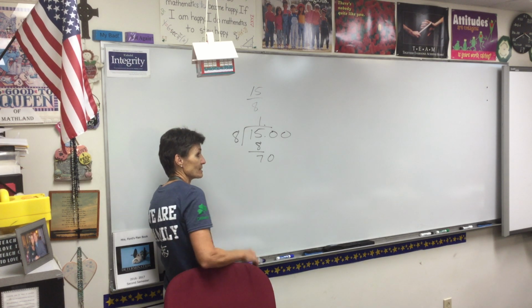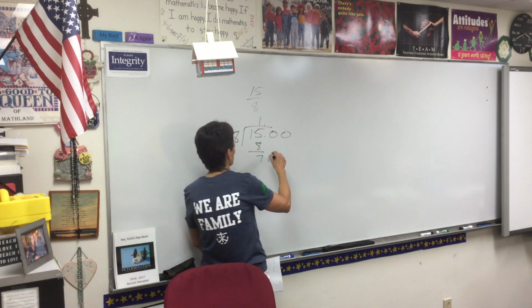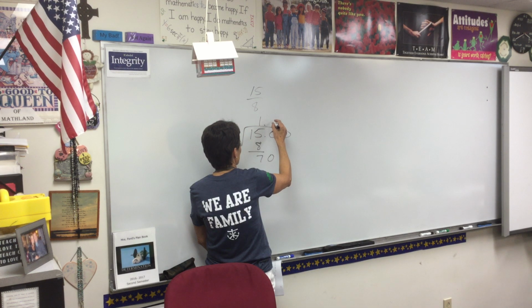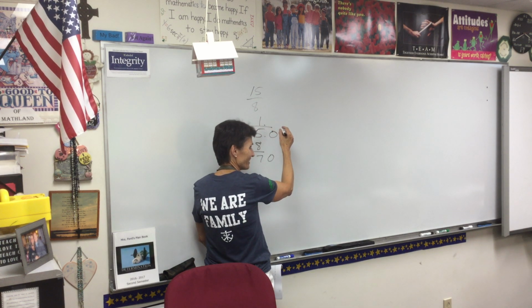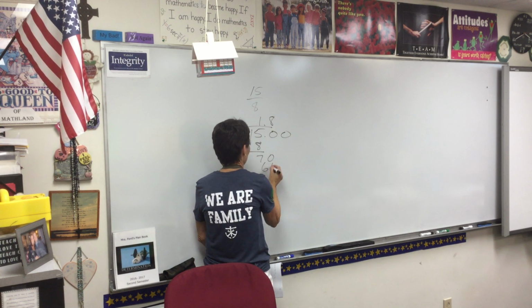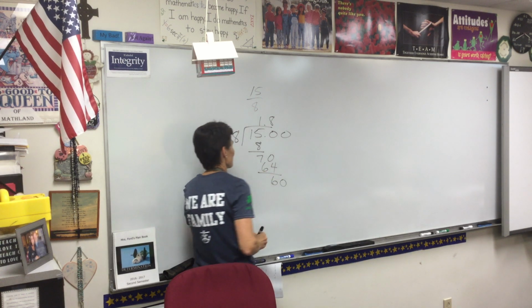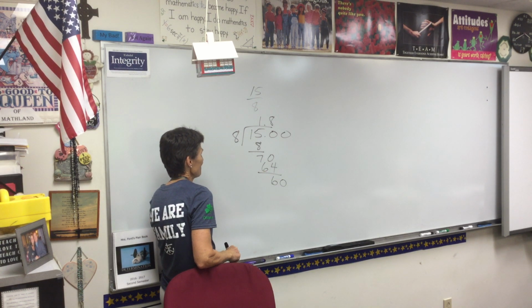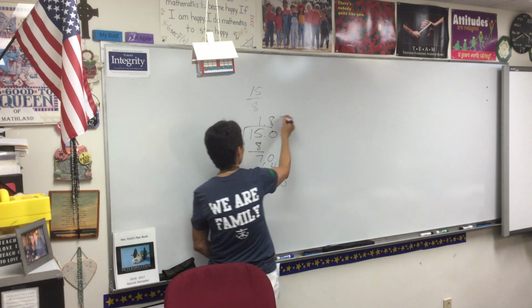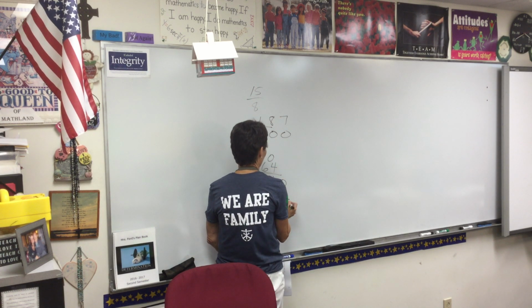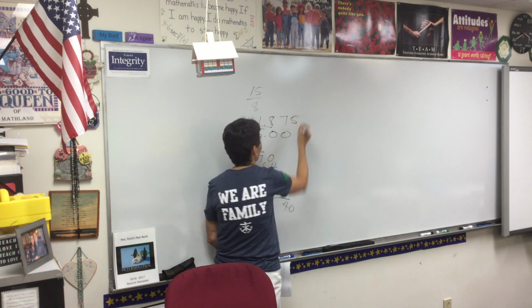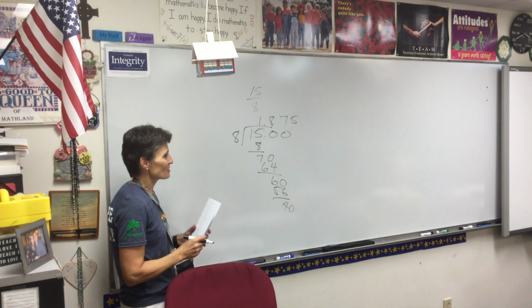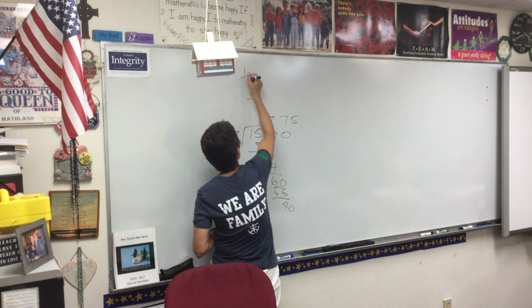Okay, 8 goes into 70, 8 times. 8 goes into 60, 7 times. Finally, 8 goes into 40, 5 times. This is called a terminating decimal,